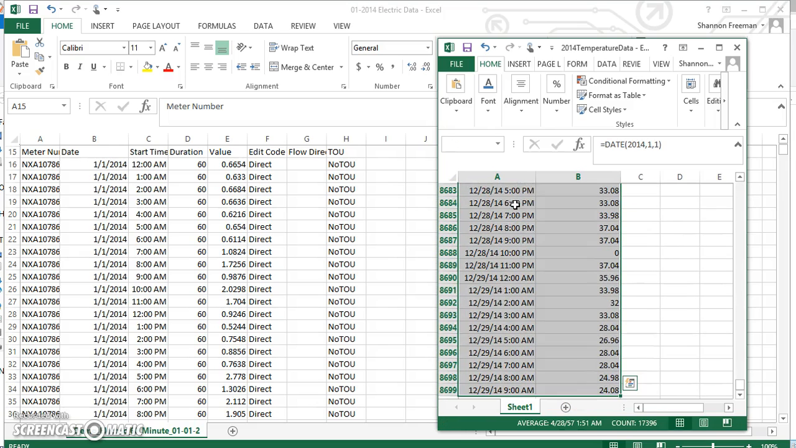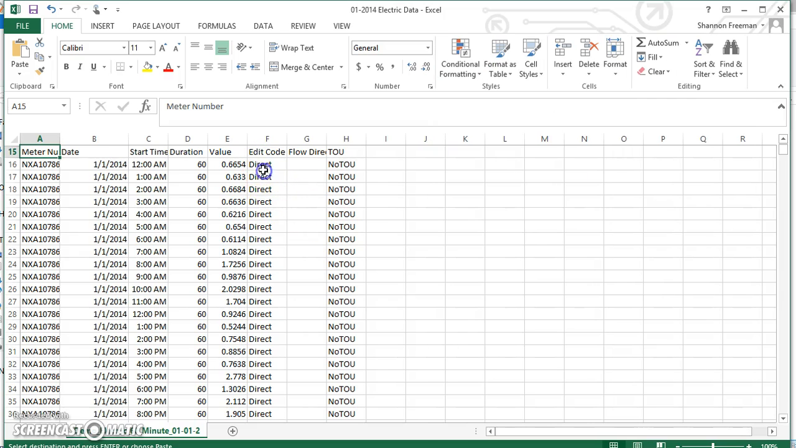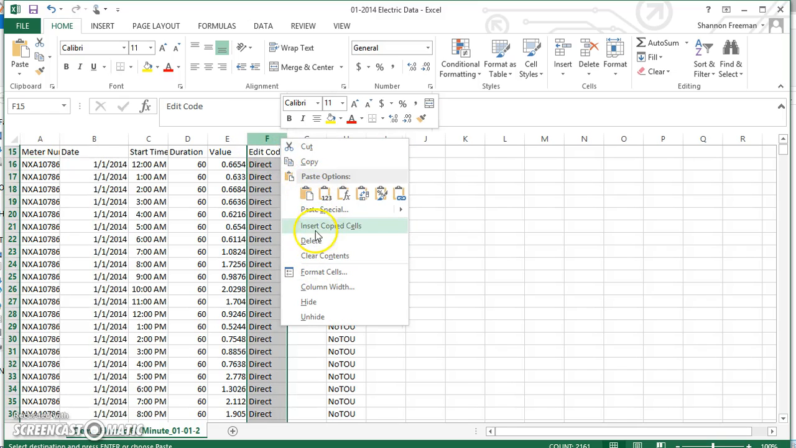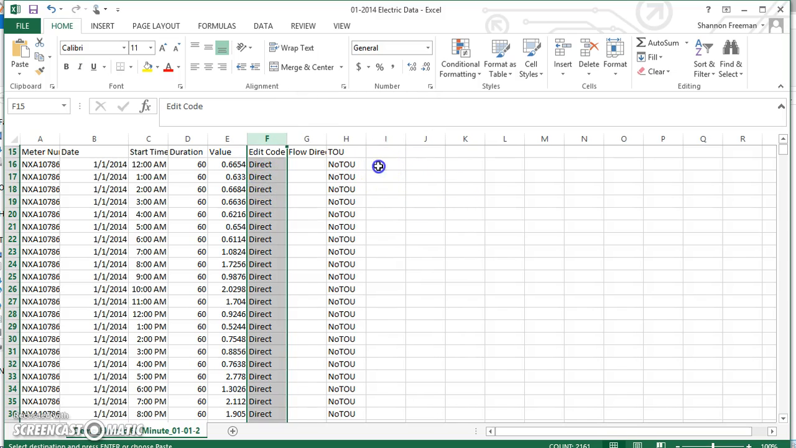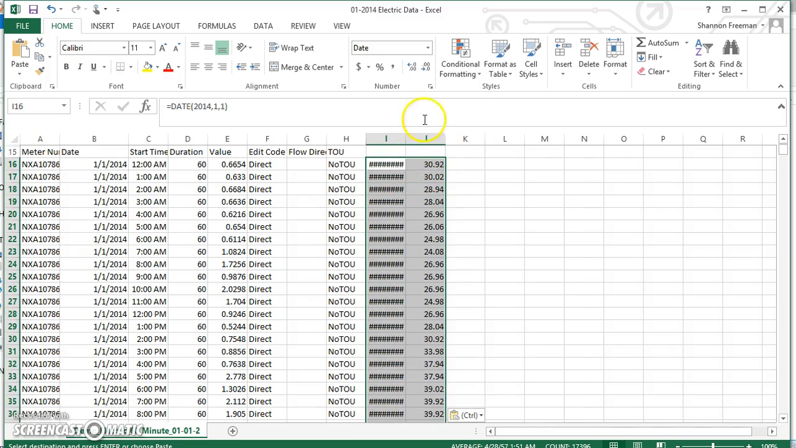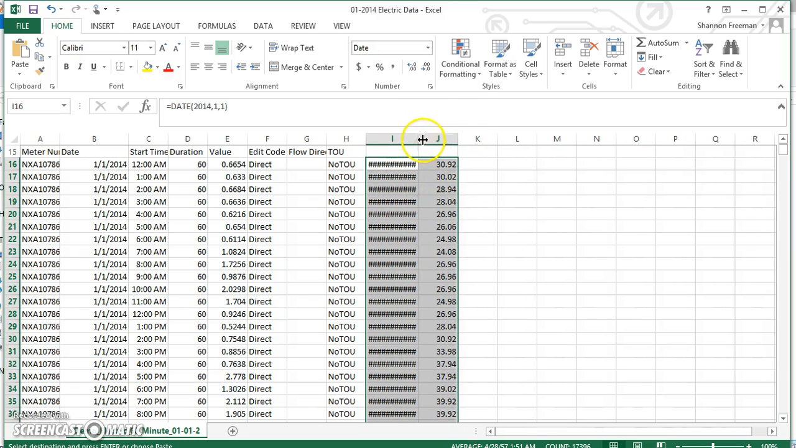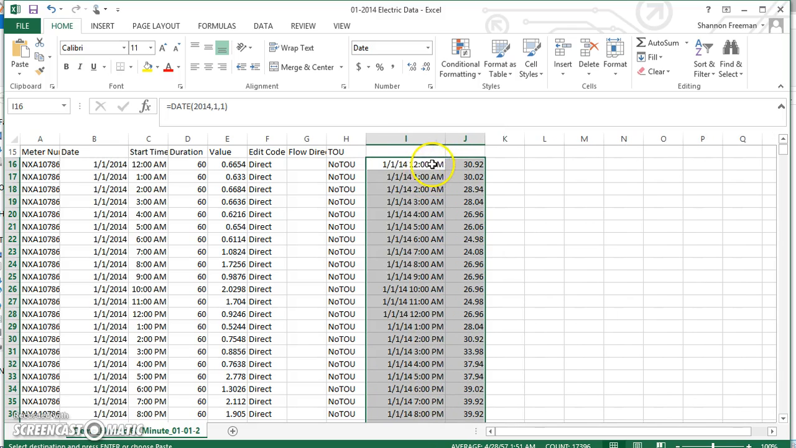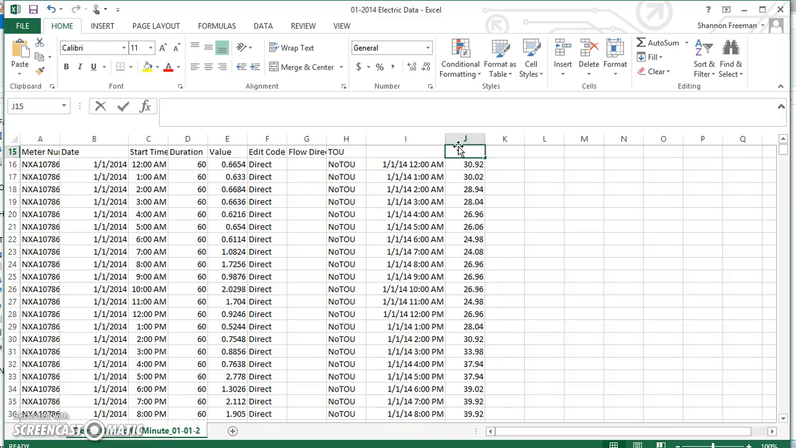Control Shift End, Control C to copy it, come back over here. Let's just say, let's put it here. Control V, put this here, and now we've got a temperature and a time and a date column, which we've got the date and the time here, but we know we've got it lined up. So now we've built our spreadsheet,